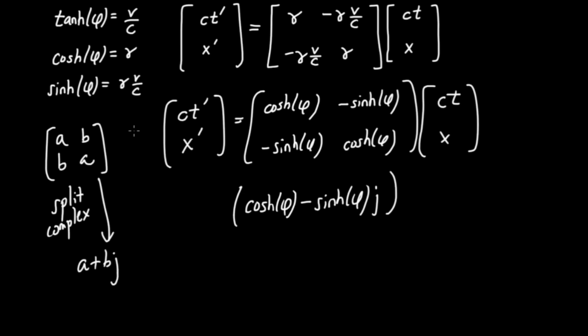And this whole matrix equation can be reinterpreted as that split complex number times ct plus xj is equal to the new split complex number ct prime plus x prime times j. So this whole thing, this whole Lorentz boost, can be rewritten as an equation about split complex numbers. That's the big insight. And again, if you haven't heard of these split complex numbers, I encourage you to check